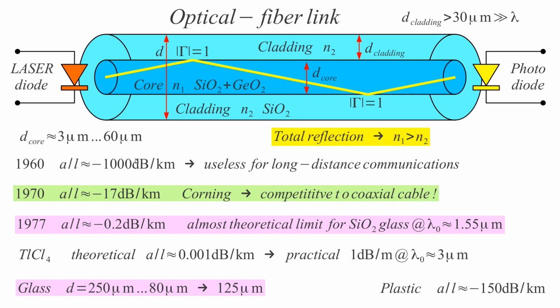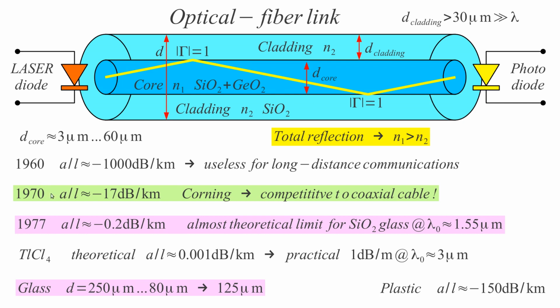This device first was thought useless in 1960. The attenuation was 1000 dB per kilometer, 1 dB per meter. So this was useless for long distance communication. There were optical fibers for some short distance experiments, for galvanic separation of two electrical devices, so you don't have, like, high voltage and so on. But this was useless. With the advance of semiconductors, the advance of technology of producing very clean silicon, very clean silicon oxide for MOS transistors,